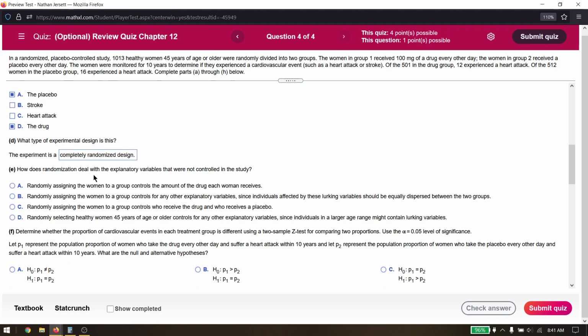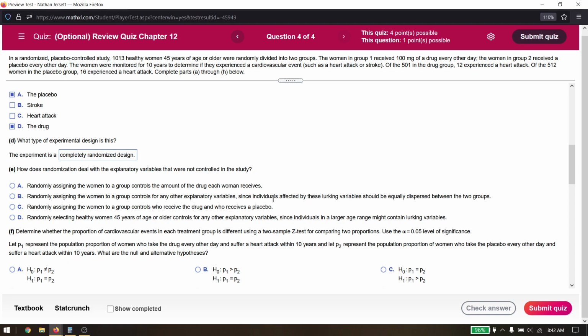Okay, how does randomization deal with the explanatory variables we cannot control? So if it's other variables, how does this deal with that? Randomly assigning the women to control groups the amount of drug each one gets? No, the amount of drug should be the same for each woman. Randomly assigning a woman to a group, for any other explanatory variables, since individuals affected by these lurking variables should be